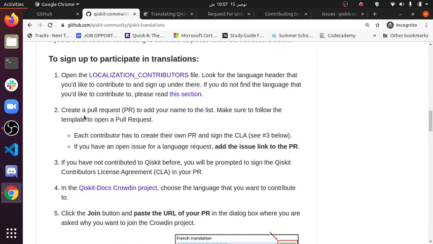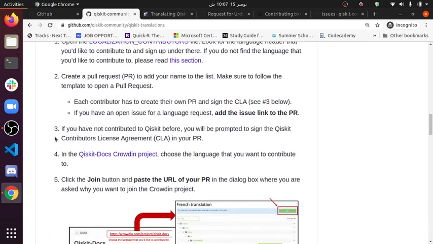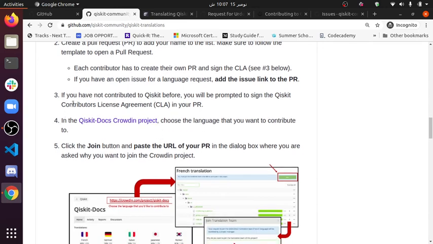We have created a pull request to add our name to the list. We have also added the issue, as well as we have signed the CLA agreement, the contract. And okay, yes, we haven't contributed to Qiskit before, likely, so we have already signed the contributors license agreement.